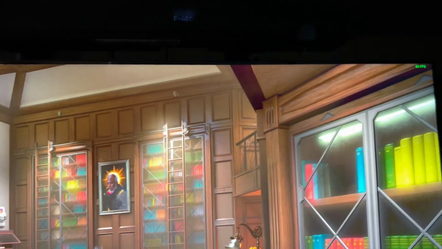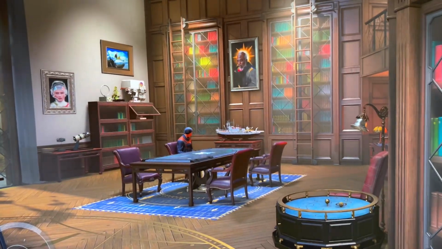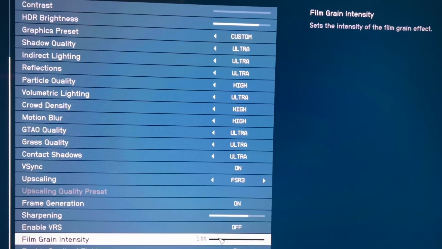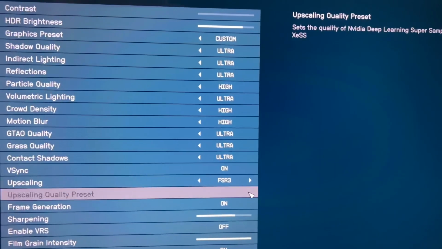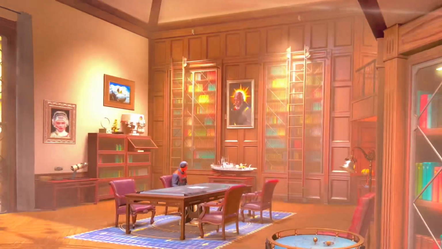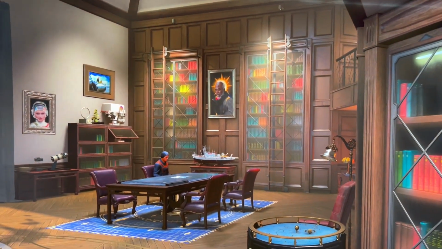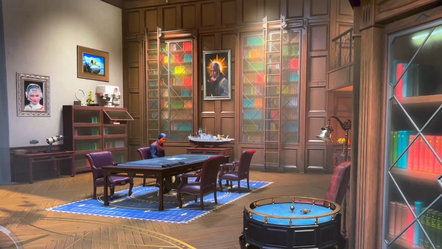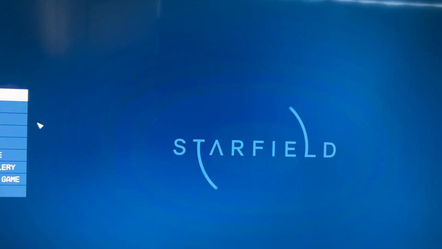Right now, even at this rate, we're using 58 FPS. And I don't think frame generation is on. Frame generation is on, yeah. And if you turn that off, what will we get? 32 frames per second. So you're going to have to play with the super resolution resolutions and the upscaling, but you do not have to live with it looking